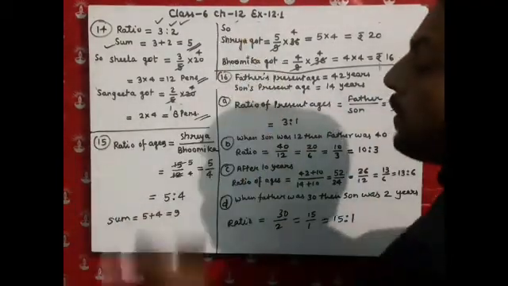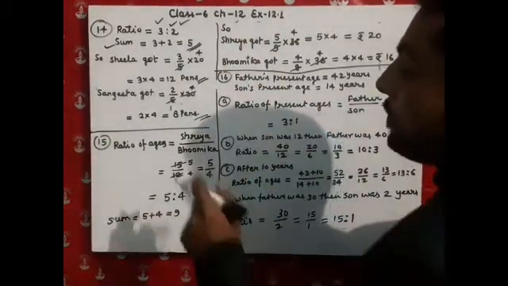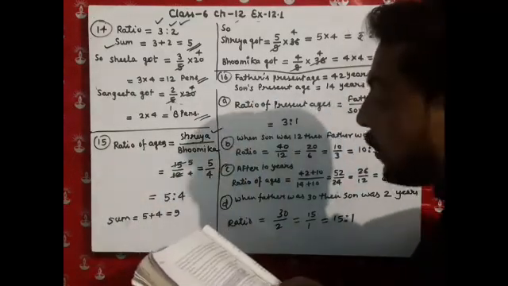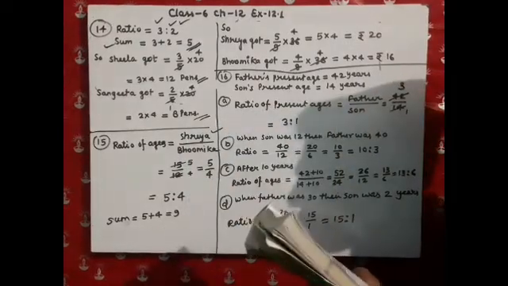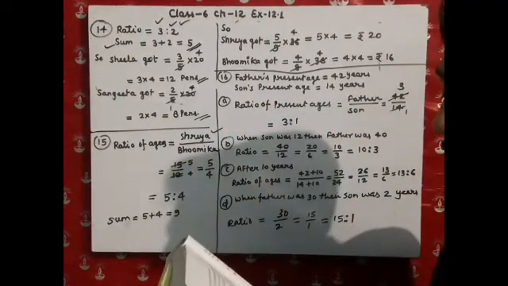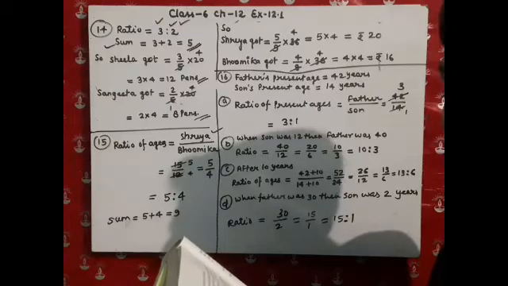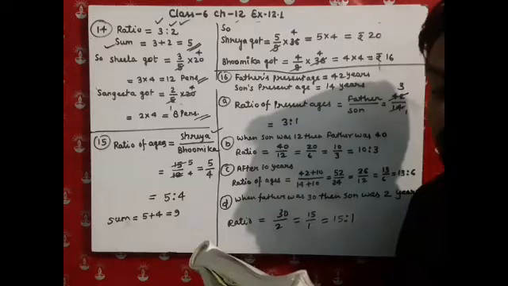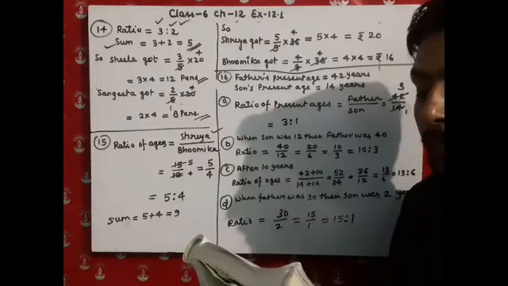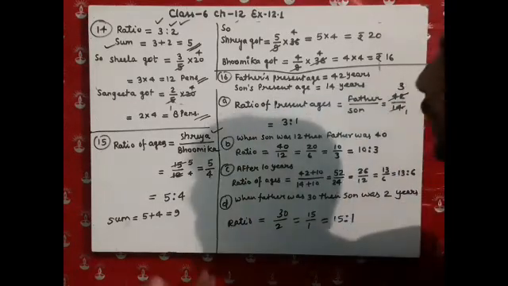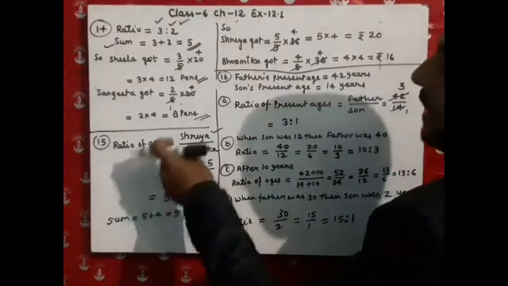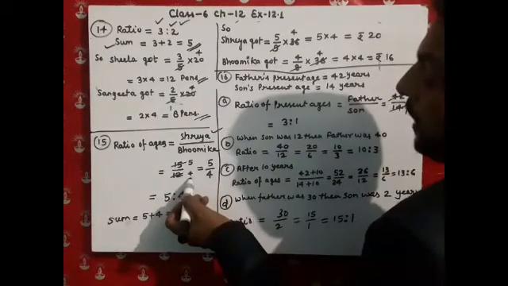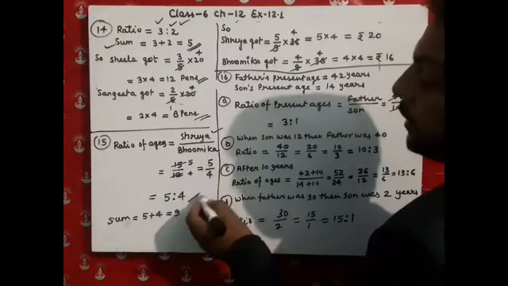Now going to the question number 15. The ratio of the ages is given, Shreya to Bhumika. Here simply the ratio of the ages, because in question 15, a mother wants to divide rupees 36 between her daughters Shreya and Bhumika in the ratio of their ages. If the age of Shreya is 15 years and the age of Bhumika is 12 years, find how much Shreya and Bhumika will get. First of all we have to find the ratio of their ages, Shreya and Bhumika. 15 upon 12 becomes 5 upon 4 after dividing by 3. So the ratio becomes 5:4.